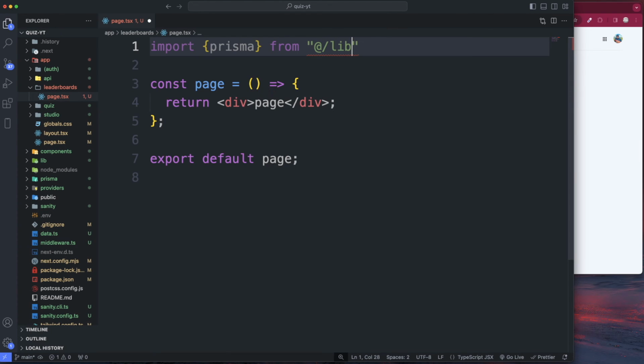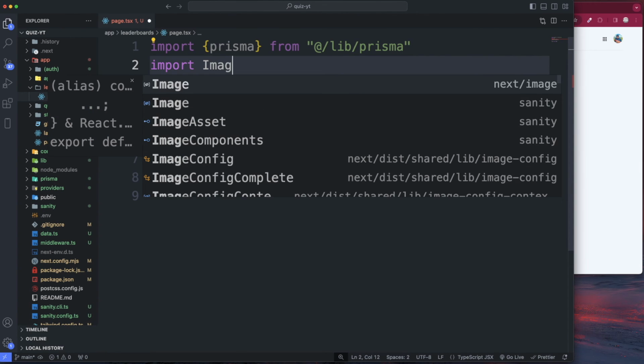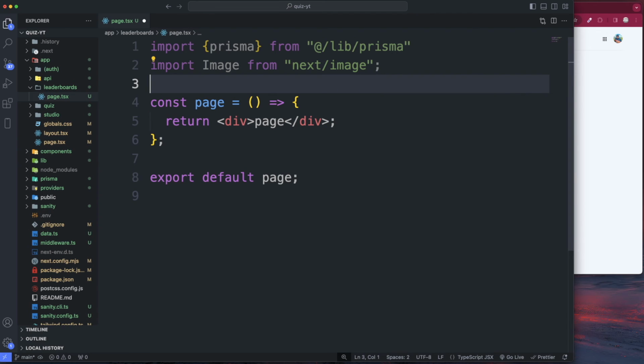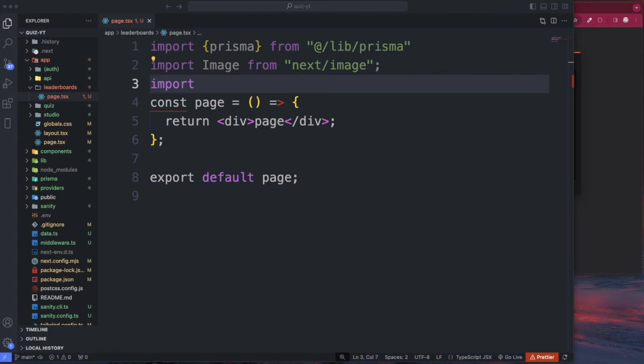@/lib/Prisma. And then we're going to import Image, that's going to be coming from Next. And then last but not least, we're going to import FaCrown. I'm actually going to copy this,